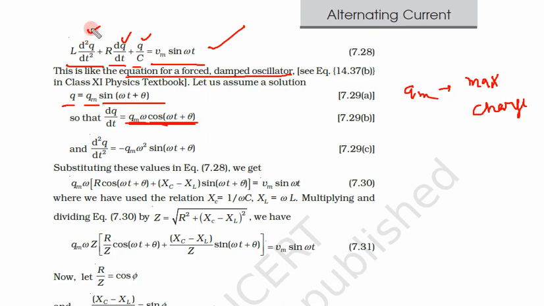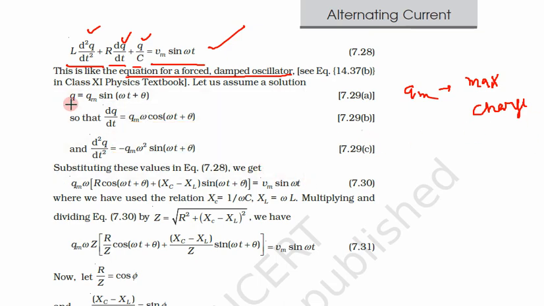Now let us calculate the final value, d2q/dt square. Again Qm is constant. We have this omega cos(omega t + theta) already, and we are differentiating this with respect to time. What is the differential of cos? Cos is minus sin. So sin(omega t + theta), one omega was already there, one omega comes from the differential of this. So we get omega square, and here is the minus sign because sin goes to cos, and cos goes to minus sin. So here comes the minus sign.